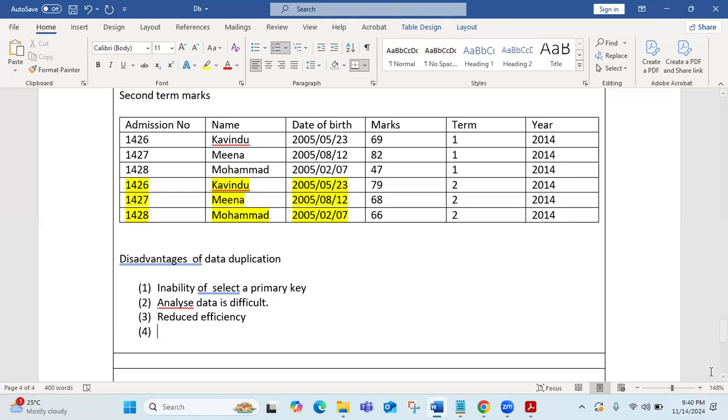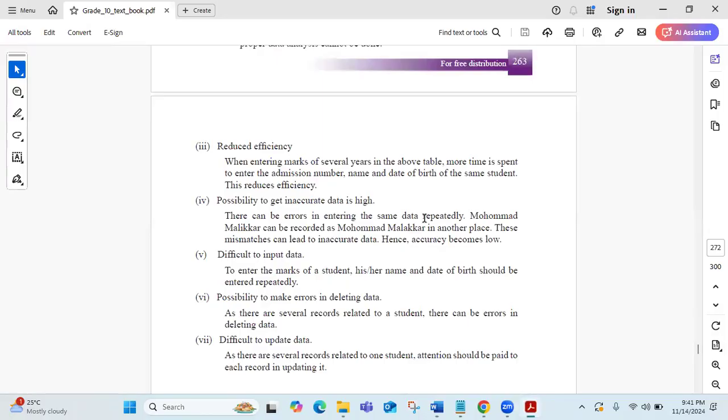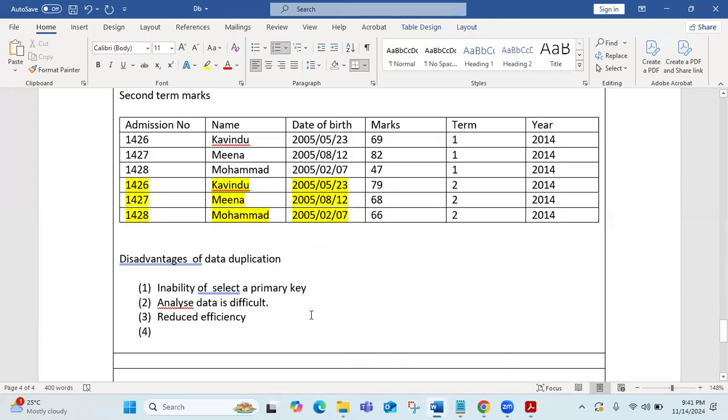So then what is the next disadvantage? Possibility to get inaccurate data is high. So possibility to get